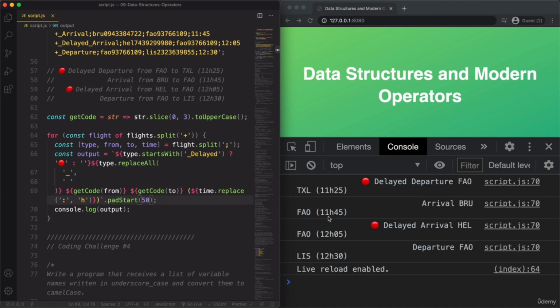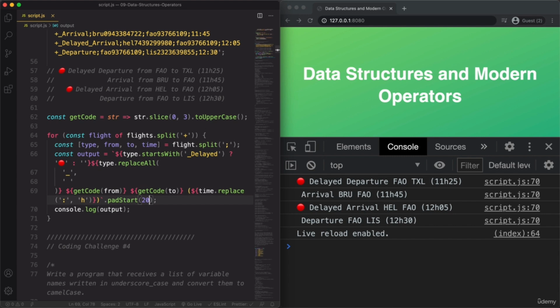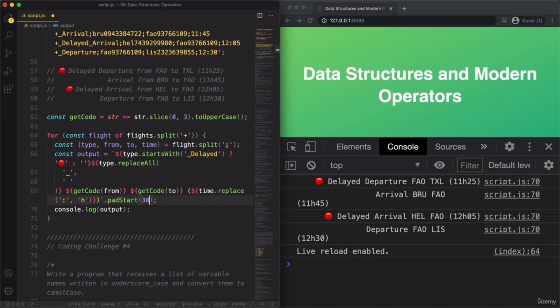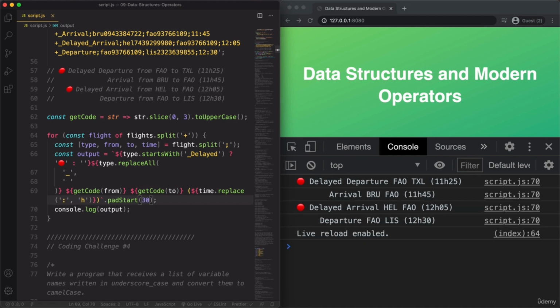So if we give this a save now, then you see that indeed everything is now actually aligned here. But 50 is apparently a bit too much. Let's try 20, which is not really enough. Let's try 40 here maybe, or 30. This has to be a little bit like trial and error until it looks nice. But 36 it is. So now everything is nicely aligned and all these strings are now exactly 36 characters long,